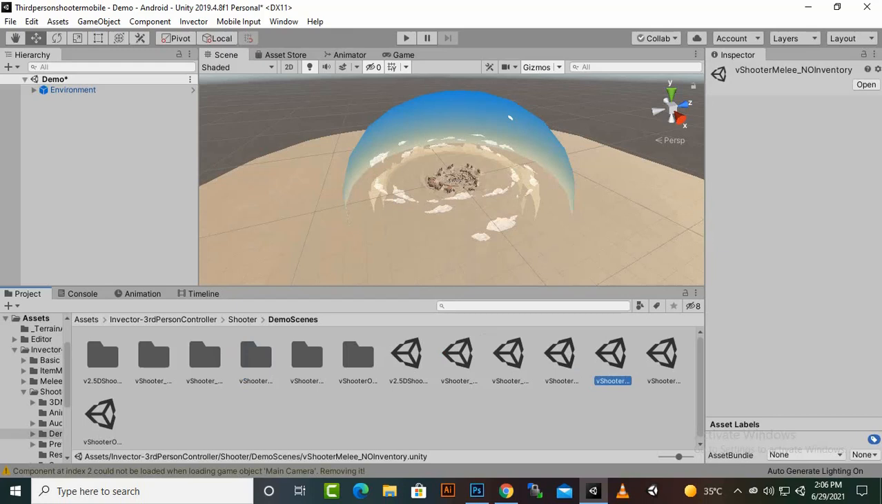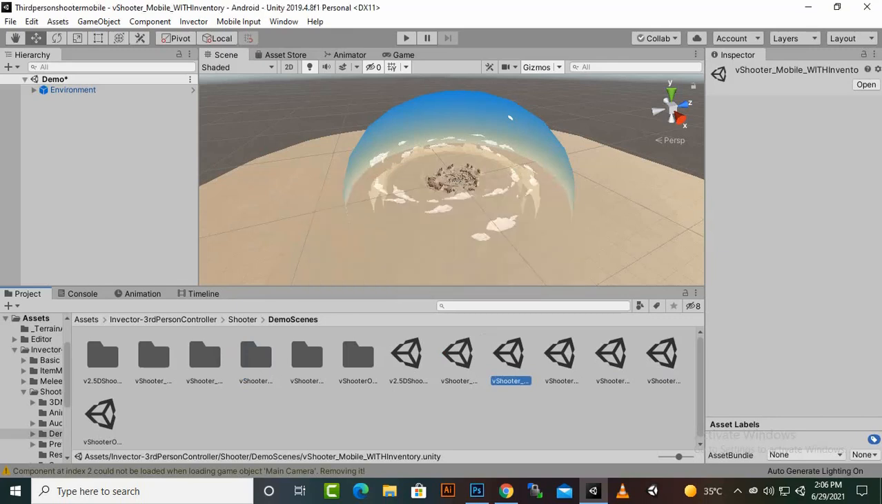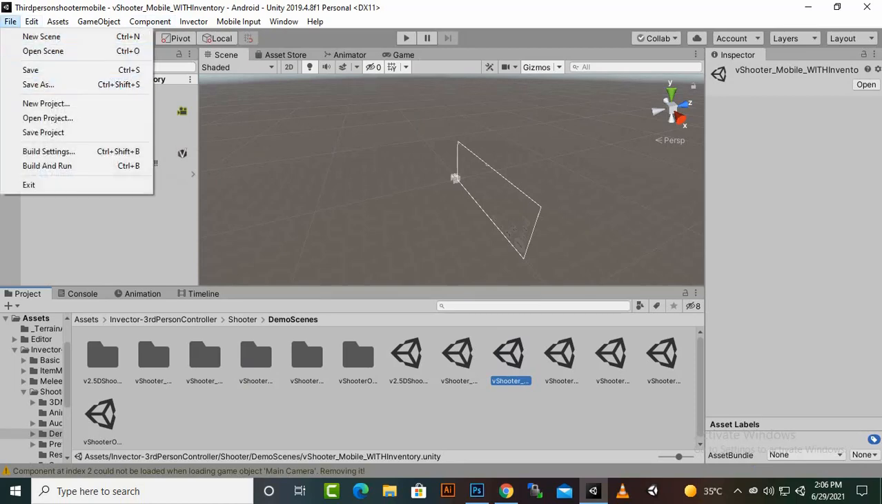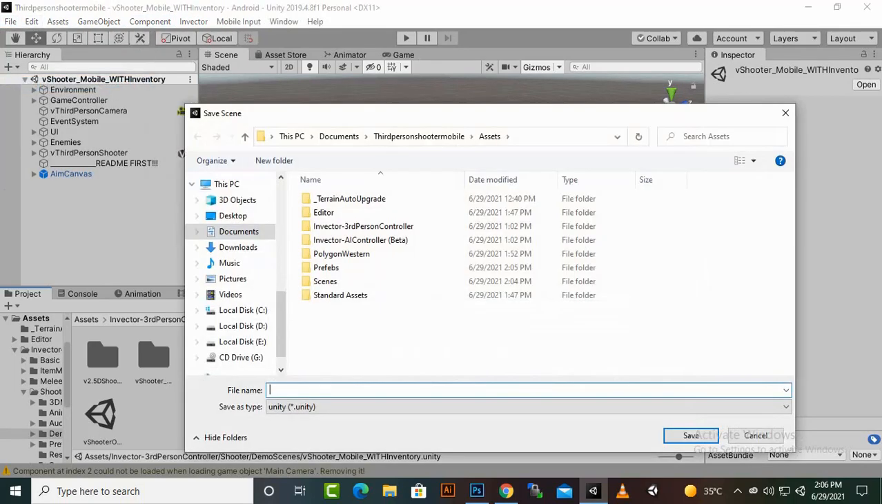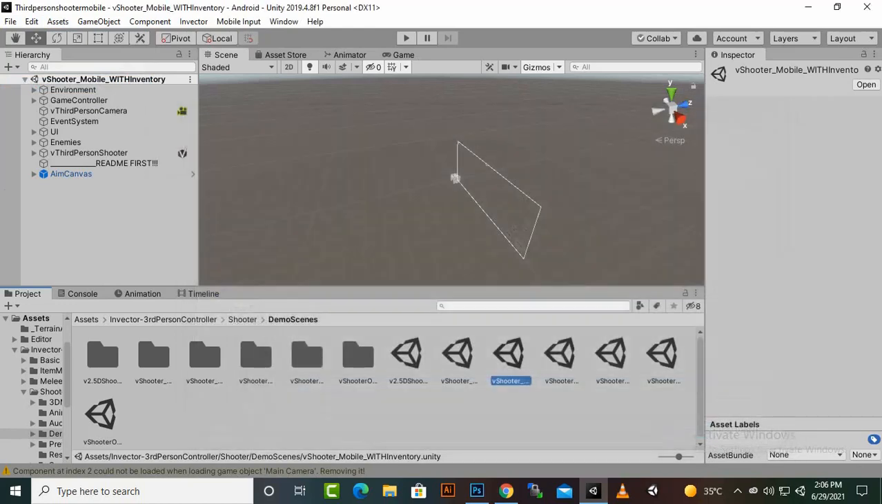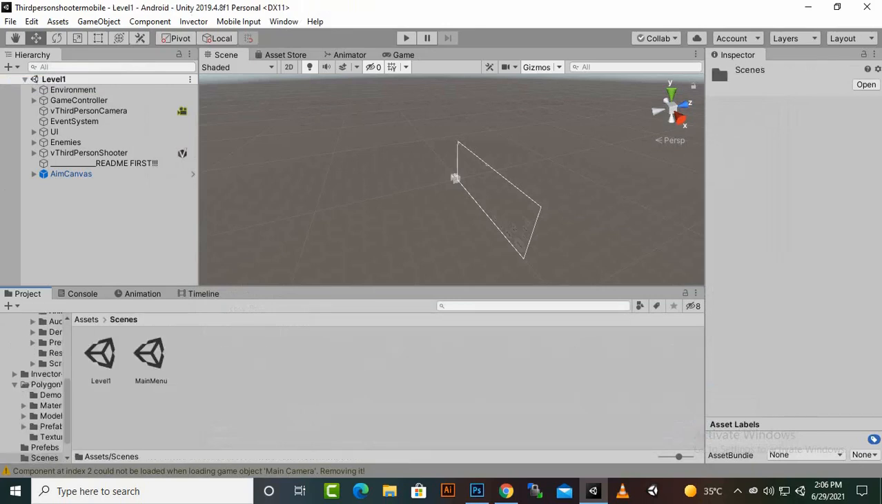So where is it, mobile with inventory. Okay, this is a good scene. Configuration is fine, so let's save it. Scenes, level 1, enter. Now we can go to scenes, open the level 1,